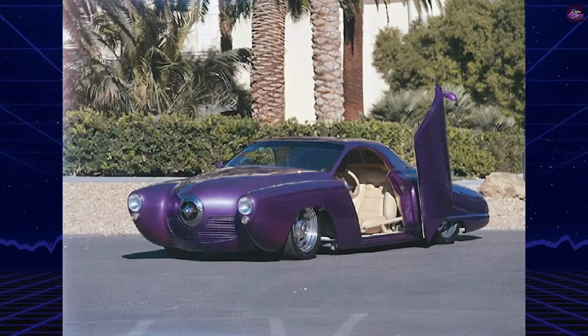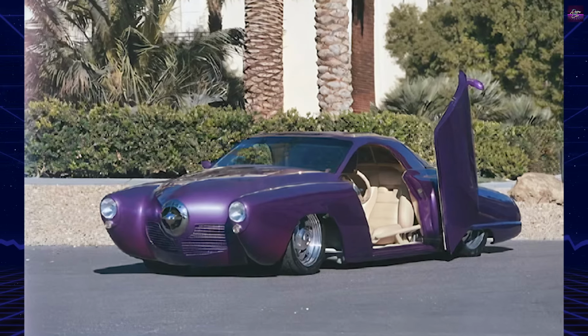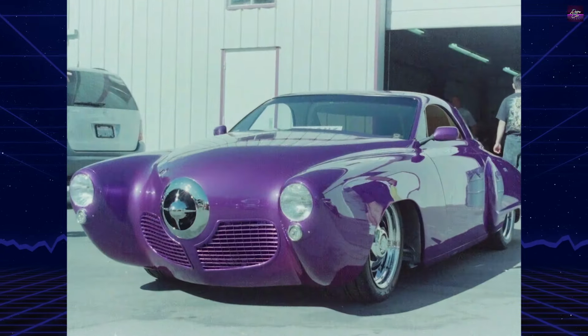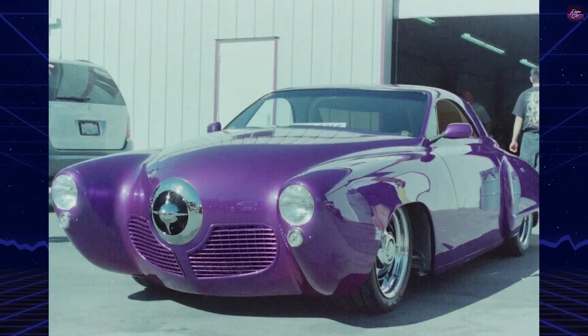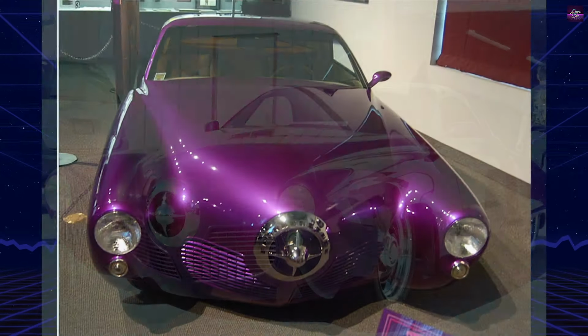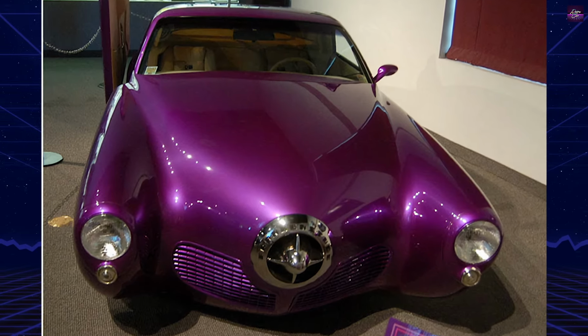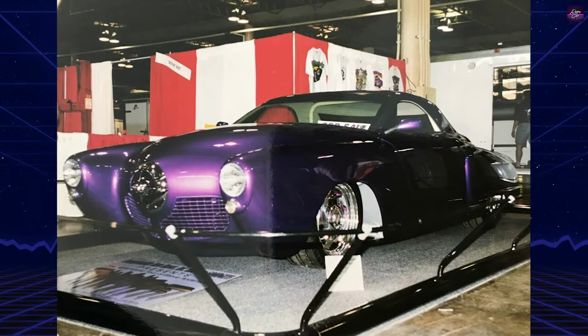The design was published and the build commenced. Greg Fleury worked independently, starting with a 1948 Starlight Coupe, incorporating parts from various Studebaker models, and fabricating many components from scratch to match Taylor's drawings. By 1992, the bare steel body was showcased, but completing the car took nearly 5 more years due to engineering